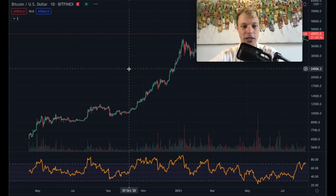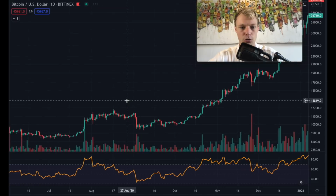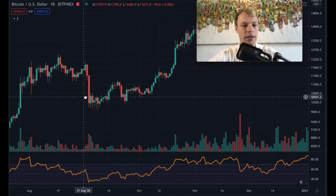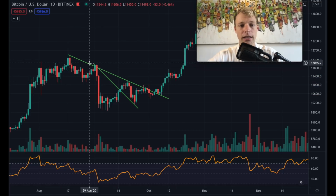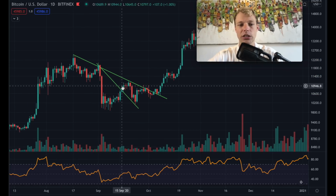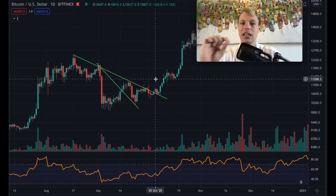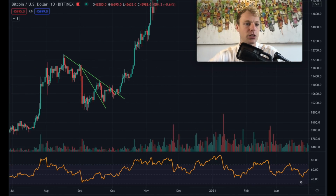And let me show you guys what I mean right here. If we go to August 2020, let me increase the chart a little bit so it's easier to see. And we have seen something similar right here, where we have a lead-in phase. And right here we had also some form of a declining resistance. This pattern was formed on a shorter time frame, in slightly less than 1 month. Normally this pattern is more significant if it's been forming over a couple of months. So this was a small pattern, but as you can see, we saw something similar with that declining resistance